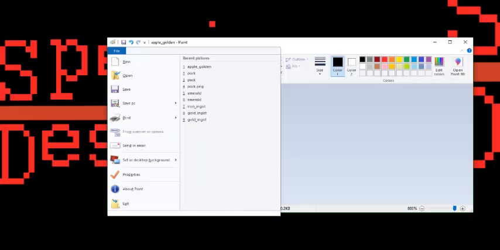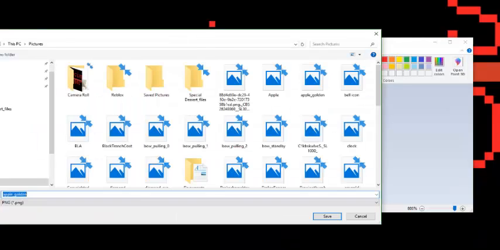For crying out loud, you could even mix and match items. Turn the arrow into a bow. You can turn the boat into blaze powder. You can change a brick into an elytra. You can do anything. So what I'm going to do now is go to File, Save As,